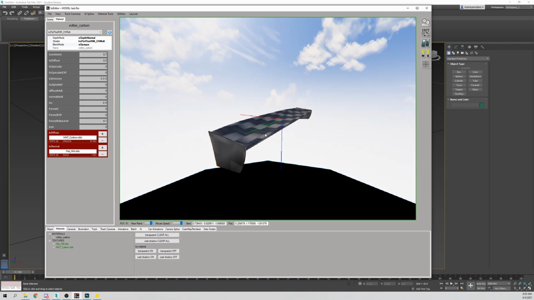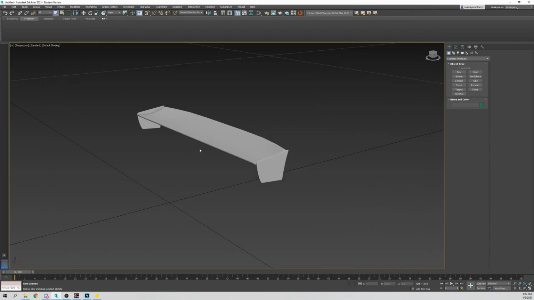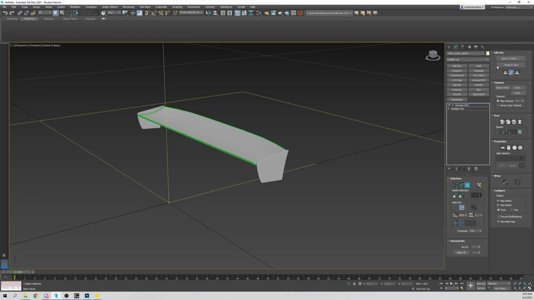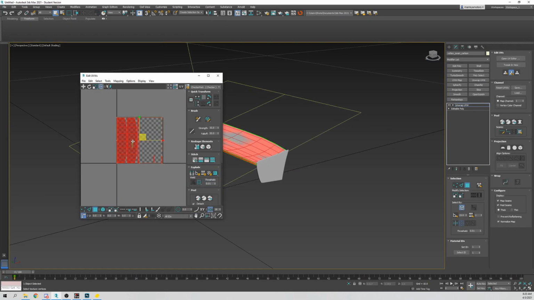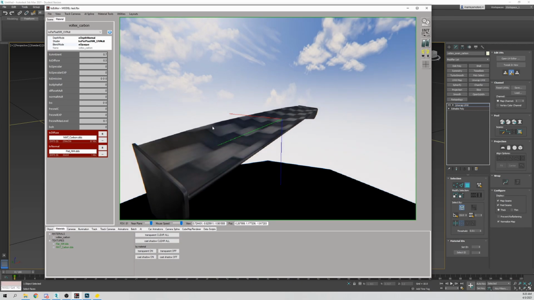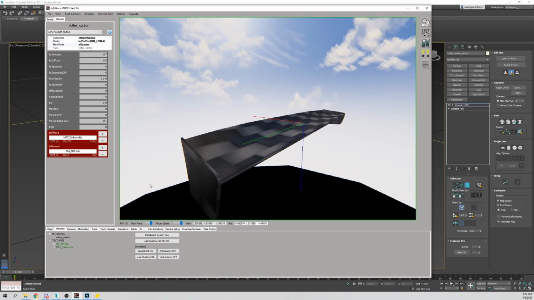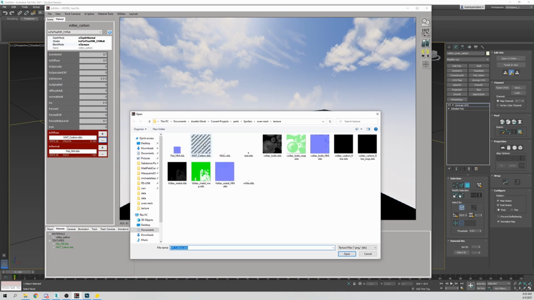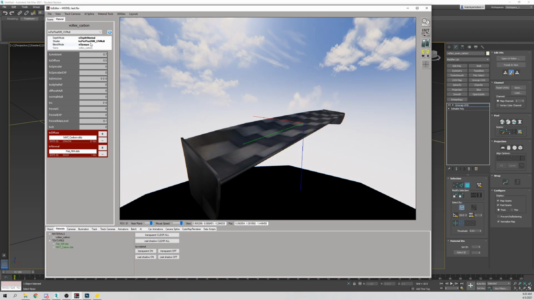You could go in the UV and 3ds Max and go to unwrap UVW, right? And then make it bigger. You make it bigger, and that will pretty much stretch the texture and make the texture smaller. Or you can utilize the fact that this texture is a seamless texture and you can tile it. So if you put it in UV multi, that's UV multiplier. If you go down to diffuse multiplier,